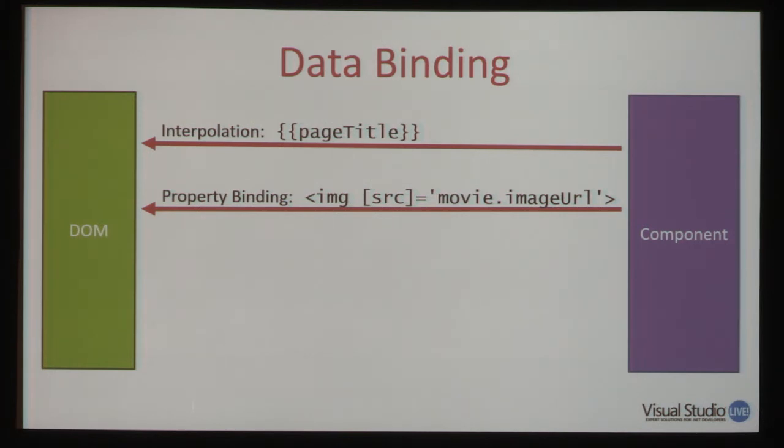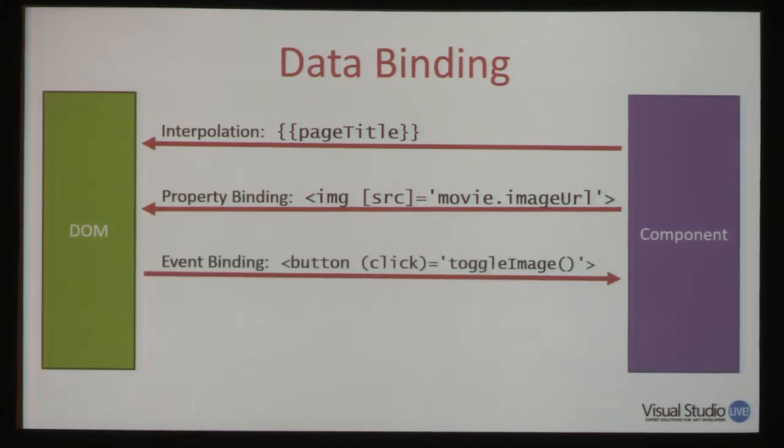All right, we often also need to get information back from the DOM, and that's also one-way binding, but it's from the DOM to our component. And so that's done with event binding with parentheses. So here I'm binding to the click event. This is another reason why we don't need so many directives, because Angular doesn't have to define for us a directive for each kind of event. We can then bind to any event. We can bind to events we create in our own components just by simply putting it in parentheses. What it will do then is it will recognize the click event and call the toggle image method in our component.